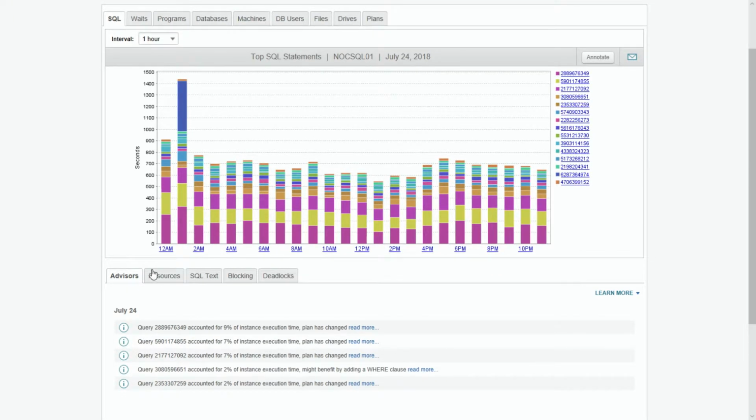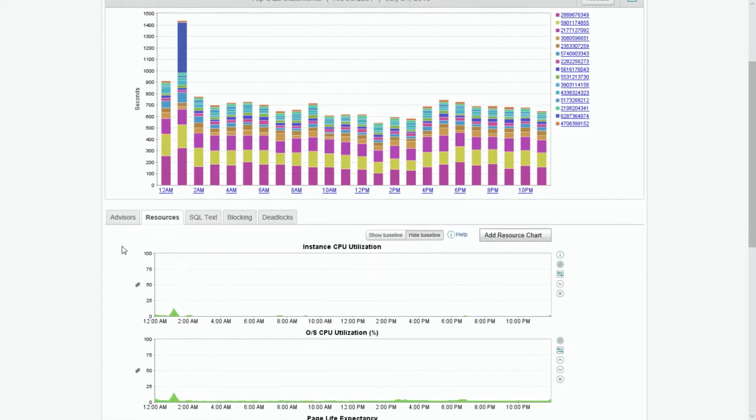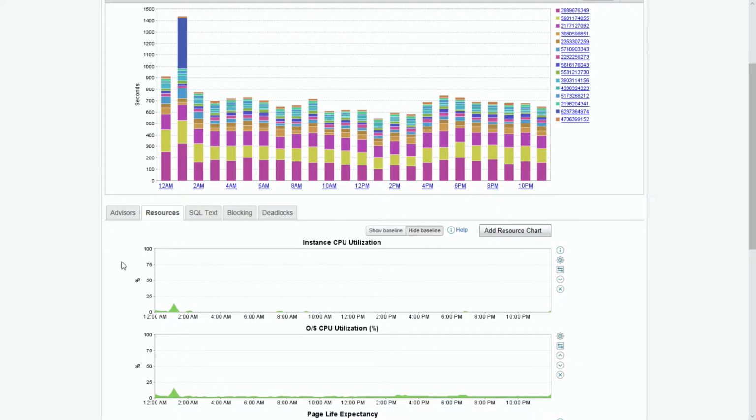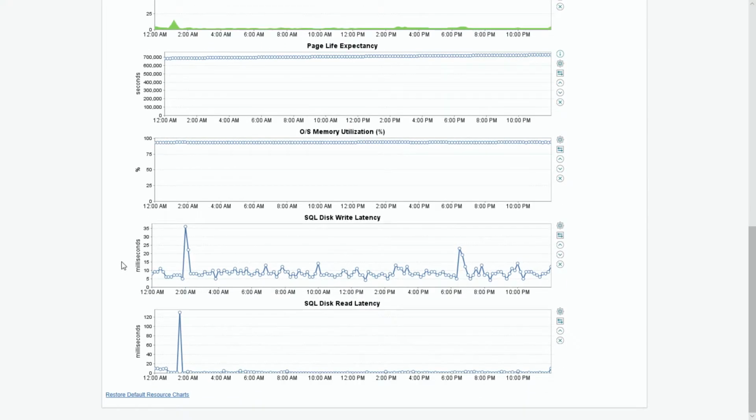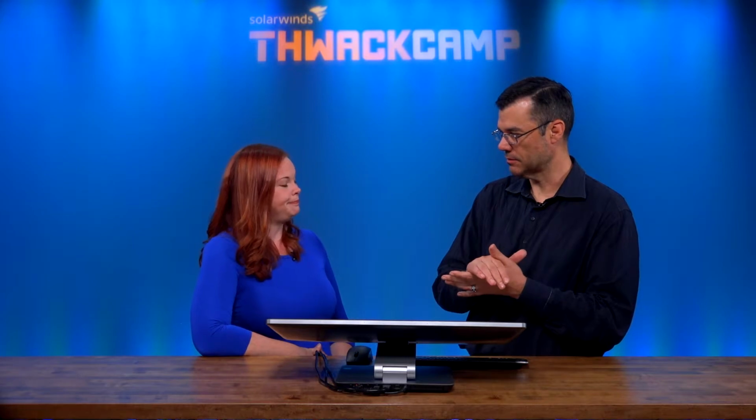So down here, for this particular time slice, if I click on the resources, I can get an idea of some utilization for CPU, some memory information, some disk information as well, to get me an idea of, do I have resource constraints for the server? Would adding disk help this install of Orion? Would adding more memory, would adding more CPU? Now, in most cases for Orion, what do we find? We don't find that Orion installs are bound by memory or CPU usually. Usually it's disk, right? It's the throughput on the disk. We're not really seeing that weight here.